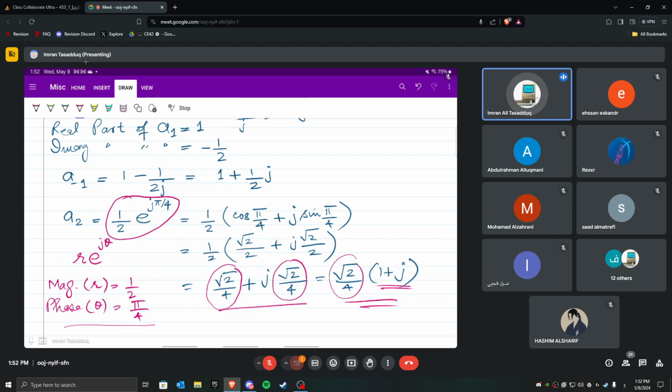So that means that this signal has 1, 2, 3, 4, and 5 Fourier series coefficients. All other coefficients are 0. Whenever the value of k is greater than 2, either on the positive side or on the negative side, the value of a is 0. And since it's a complex number, if I want to plot it, I have to give two plots. By two plots we mean that